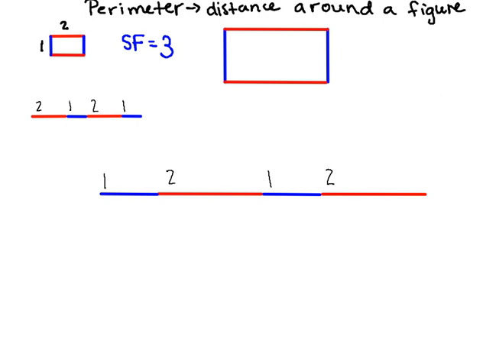The first thing we're going to talk about is perimeter, and perimeter is the distance around a figure. To find the perimeter, you have to add up the distances of each of the sides. Now, distance is one-dimensional. It has the dimension only of length, and so perimeter is a one-dimensional measurement. And we find it by adding up all of the sides together. In this case, the perimeter is 6 units